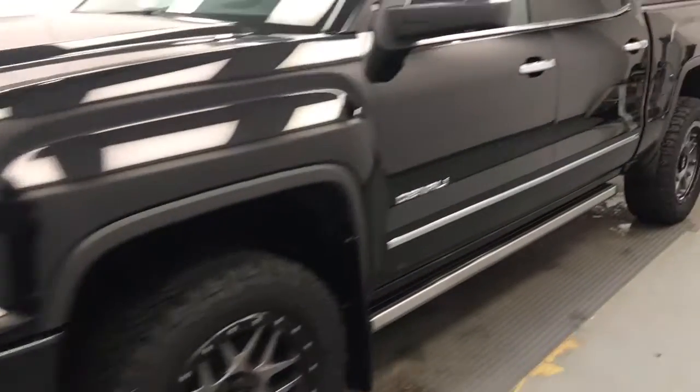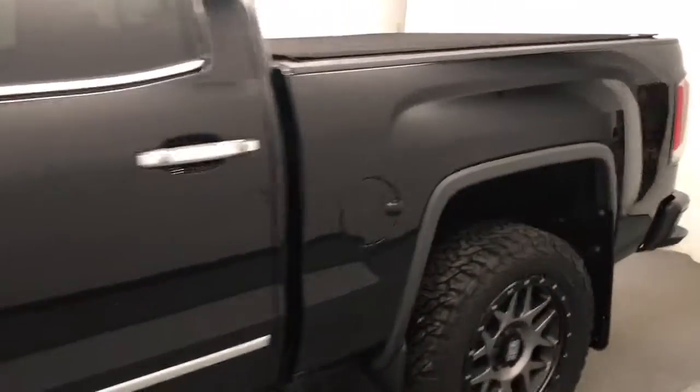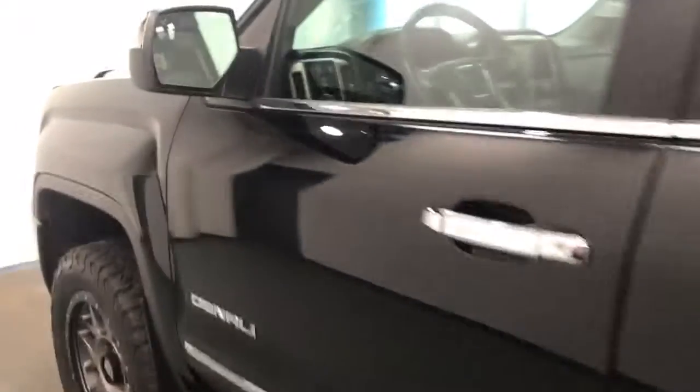Today we're reviewing stock number 171955 on a 2017 GMC 1500 Denali, and our exterior color is black. Interior options include power windows, locks and mirrors, power folding mirrors, memory seats, wood grain trim, premium audio system, power seats with lumbar support, leather wrap upholstery, sunroof, light controls, four-wheel drive controls and trailer brake, tilt and telescopic steering